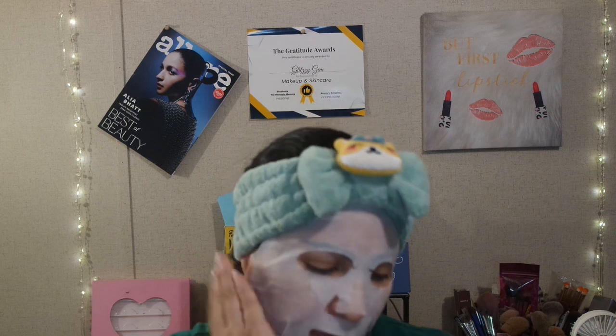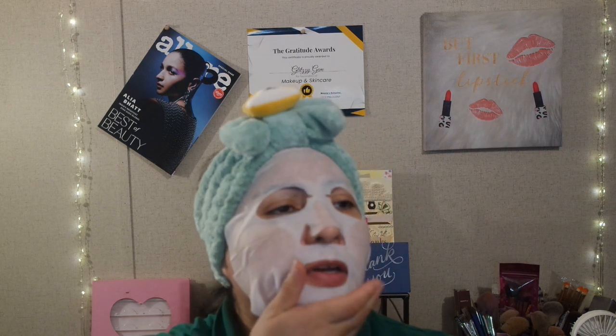My mask wants to fall off now. Feels like it already seeped into my skin. Most of the product seeped into my skin already. Alright, the next thing in here is the